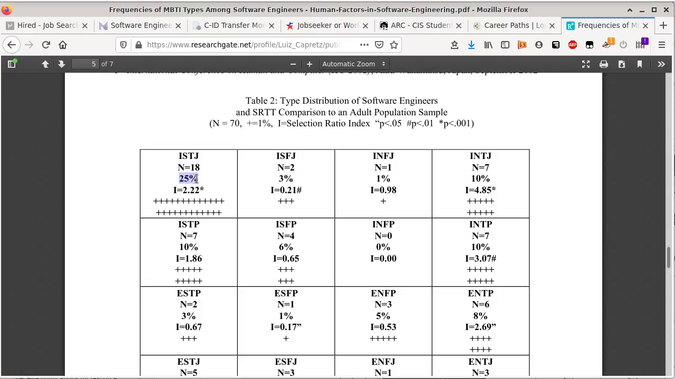ISTJs are also overrepresented by about 200%. INTJs are way overrepresented because I think in the population they are only about 2.5%. So they are 400% overrepresented in software engineers. Okay, there we go. The I is the selection ratio index, basically how over or underrepresented they are. You can see INFPs are 0%. So within the sample that they have chosen to use for this research, INFPs are not represented at all,